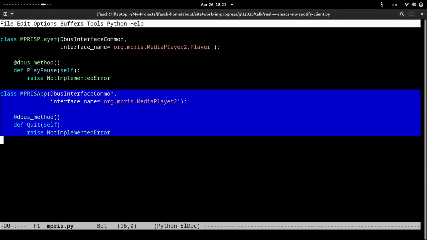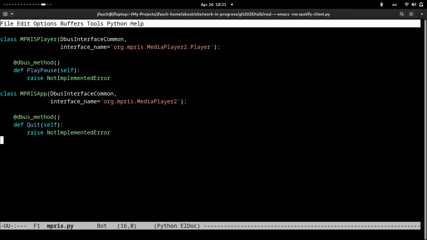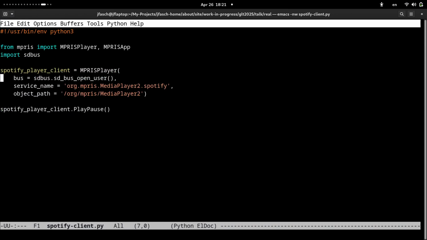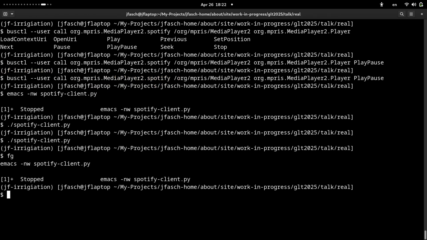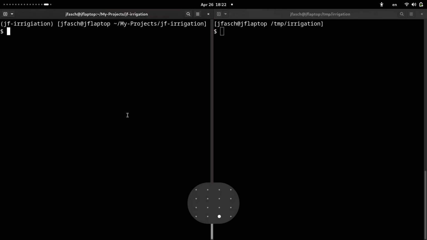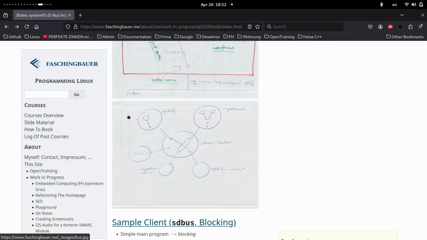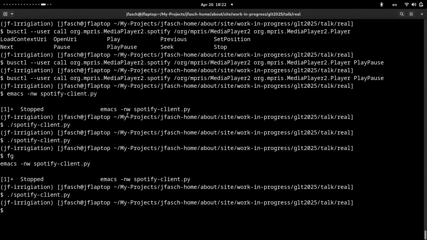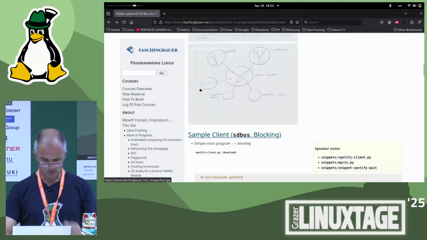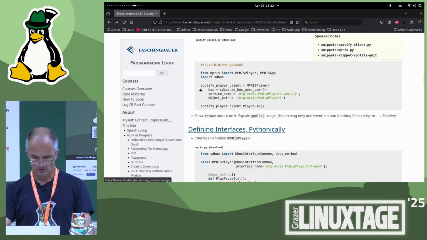This is something that I defined, quit. I don't care about raise. I do quit. I write the program which quits, not the player inside Spotify, which cannot be quit, but rather I quit the application. I say quit. Then gone. Quit. Dbus. Okay. This is dbus. In short, very short words. A couple more words is defining